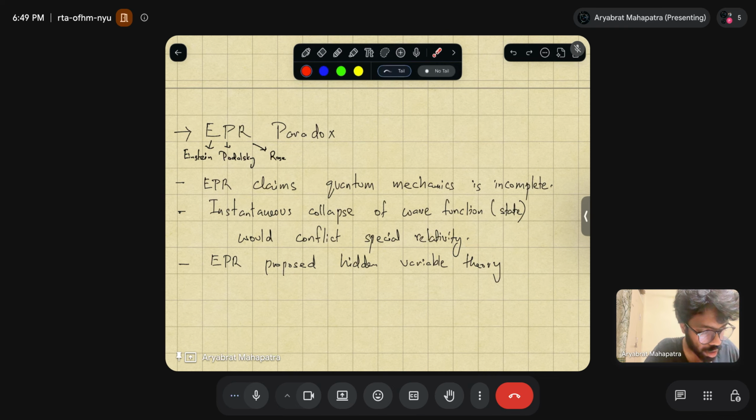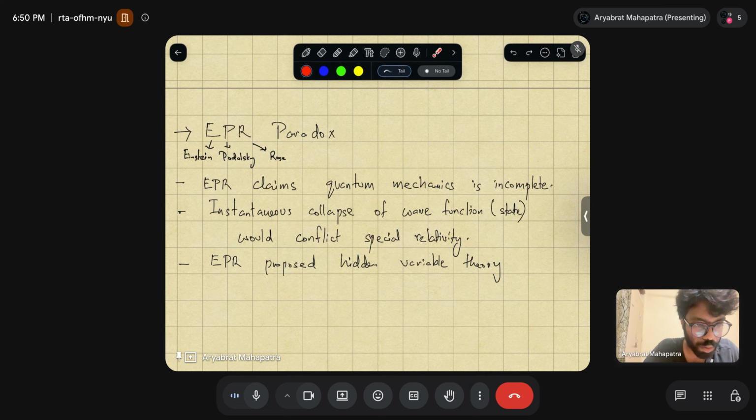They were first uncomfortable with the way the understanding of quantum mechanics was laid out, even today. They felt something is incomplete, particularly the instantaneous collapse of the wave function. If that physically really happens, it would violate the principle of locality, and even in special relativity,